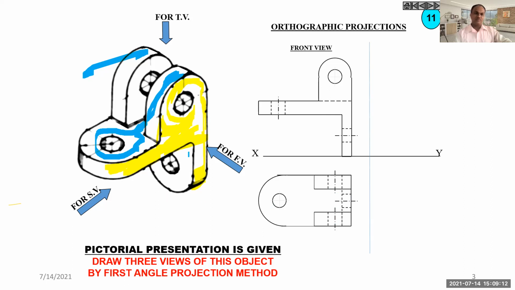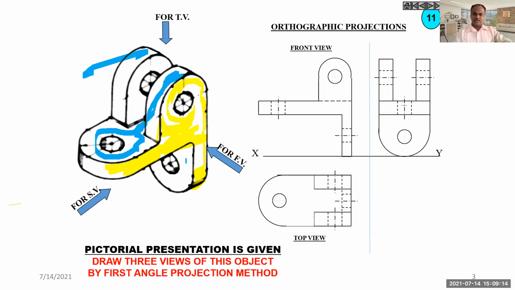In case of side view, what will happen? We'll see. In case of side view, I'm going to see a semicircular portion here. Then this portion is there, so this will be seen. These two flanges will be seen as a rectangular portion, and everywhere there are holes which will be represented by a center line and two dotted lines. Only the circle which is visible is the circle below this rectangular portion, and that is shown by a full line. This we have to remember.